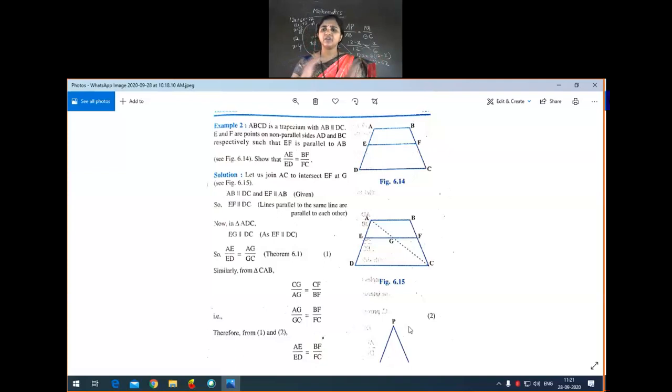If you are having confusion in the exercise part, don't write it directly in your fair notes. First work it out in a rough book, so confirm whether you are right or not. Afterwards you can copy. Anyhow we are sending the answers for every question, but some students copy as it is whatever we send, so you are not thinking. You have to work it out on your own, students. Clear? Today we will end class here. Today's homework is the second exercise, problems related to BPT, the basic proportionality theorem.